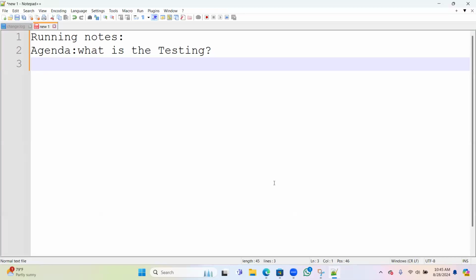Simply, if I say what exactly testing is, it is nothing but a kind of validation. We will simply verify. You can take any field.